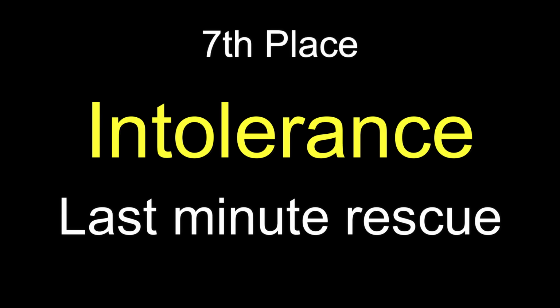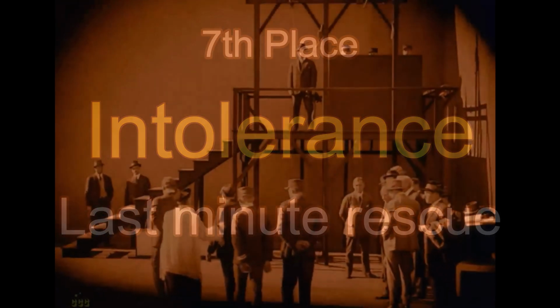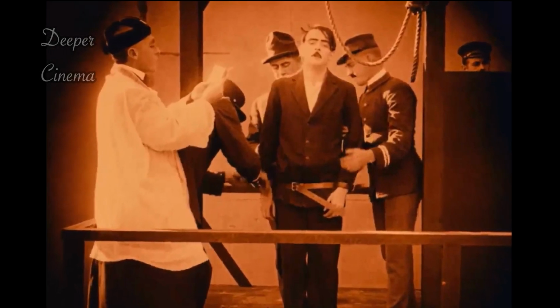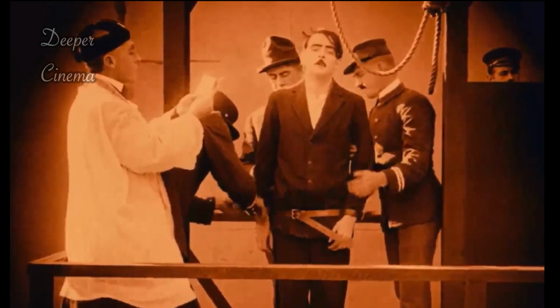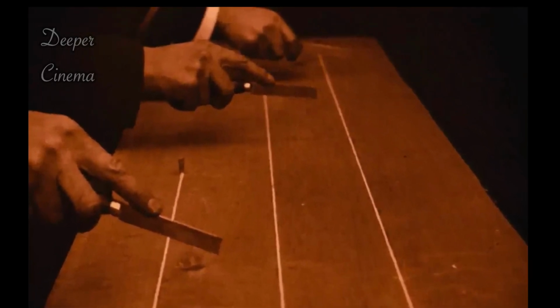In 7th place, Intolerance. Last-minute rescue. Griffith already had ample experience in scenes such as these, using cross-cutting and stretching the final suspenseful scenes to a point of letting everyone at the edge of their seats, and by doing so inspiring future directors such as Alfred Hitchcock. This final exciting scene of the contemporary story of Intolerance gave an extra edge to this long and uneven film,